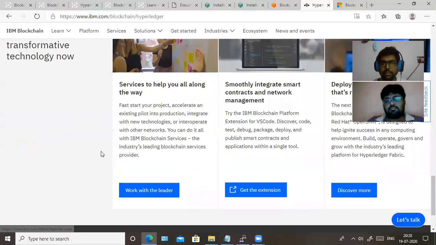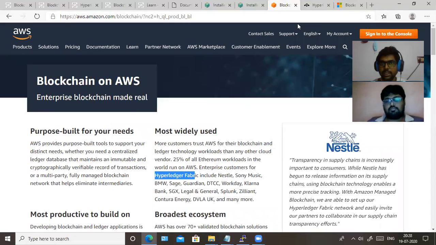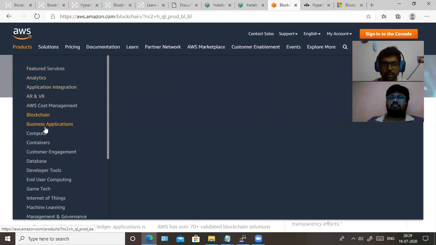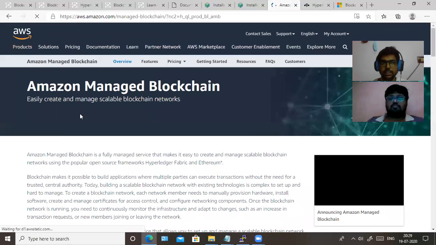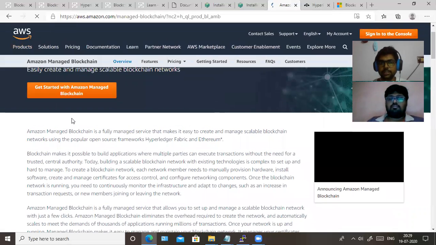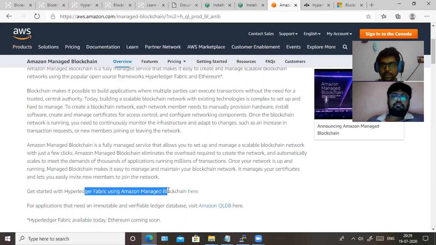and we can also find Hyperledger Fabric information from a lot of vendors. We can see the documents from AWS or IBM. Let me go to Amazon Managed Blockchain. Here you can see you can create a blockchain infrastructure. The frameworks they are using are Hyperledger Fabric and Ethereum. If you would like to have Ethereum, you can have it. But right now we are focusing on the Hyperledger Fabric environment. And you can see how to get started with Hyperledger Fabric using Amazon Managed Blockchain.